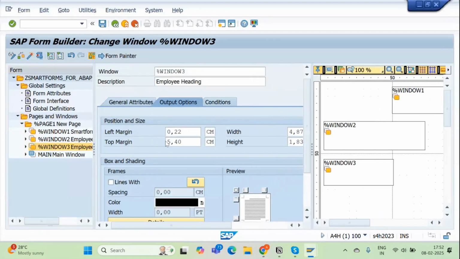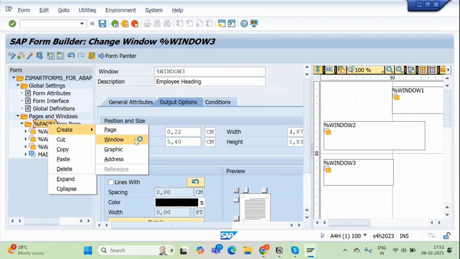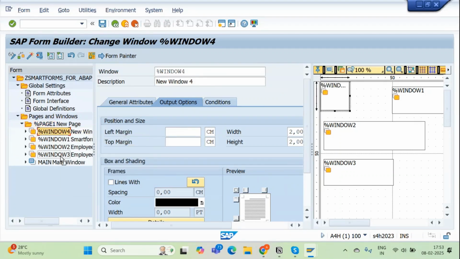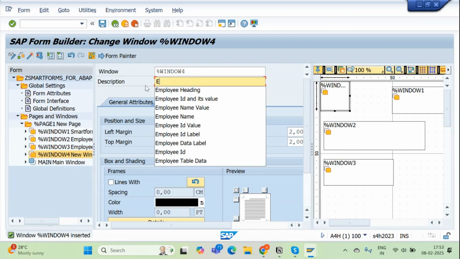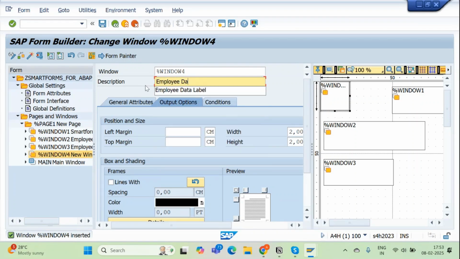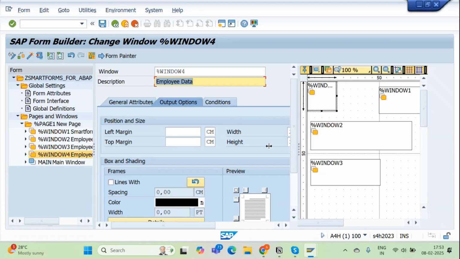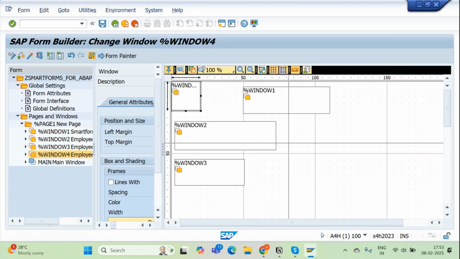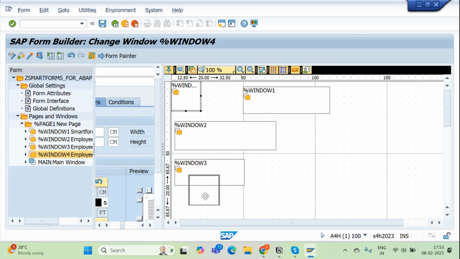So I will create a new window, page, right click, create window. Okay, again drag it below, window 4, and I will give here employee data description. Okay, then for this window 4, we need a good amount of space. So let's drag it below,